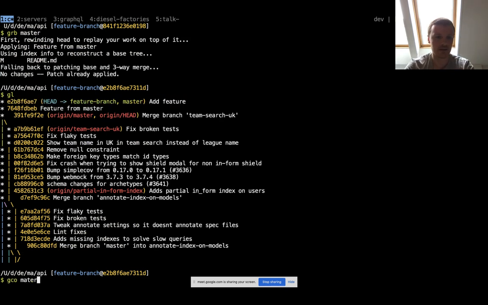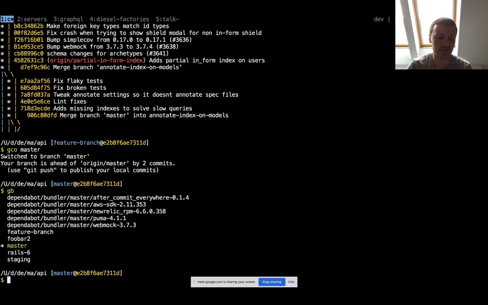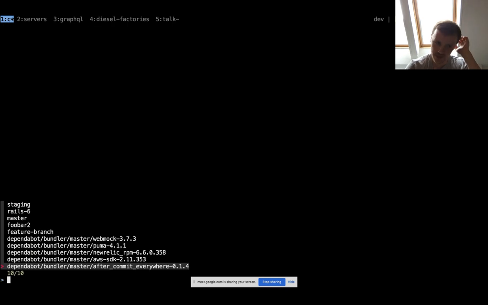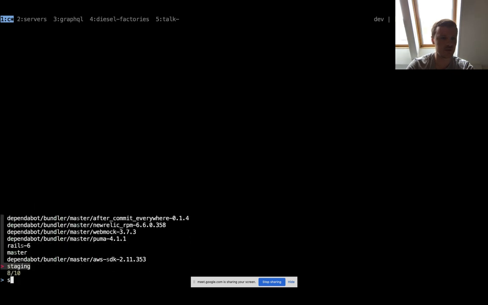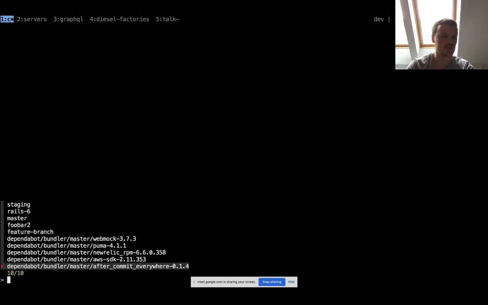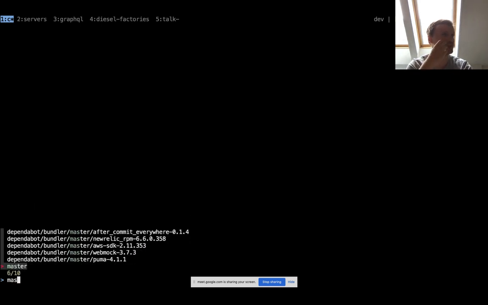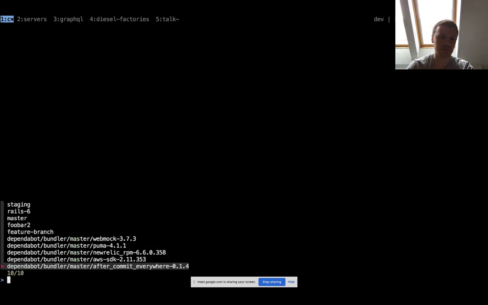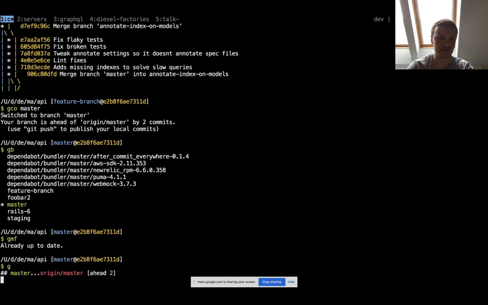And then if we go back, usually I have lots of branches, and I've written a small tool that will list all the branches, and then it has fuzzy search to search for branches. This is super nice when you have lots of branches. So if we merge a feature branch, sorry,